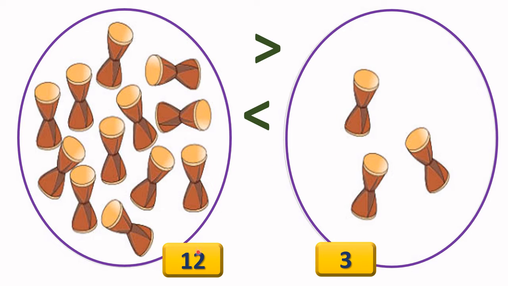Now, dear children, you have to observe these numbers and use any one symbol here. Which one are you going to use? This is greater than, this is smaller than. Yes, very nice. You are going to use greater than, right? Because 12 is greater than 3. See the open side? It has 12 in front of it. And the corner, the closed side, has 3 near it. Correct? Okay.